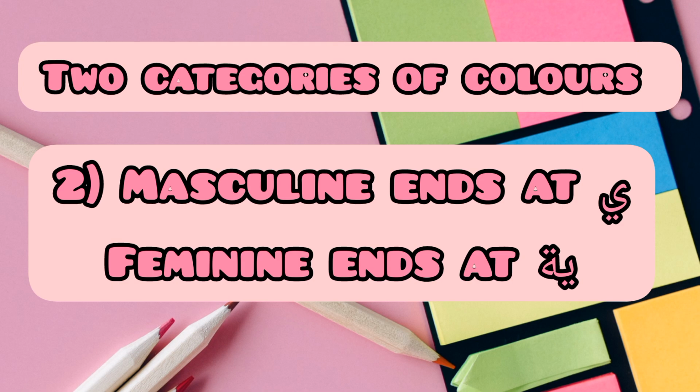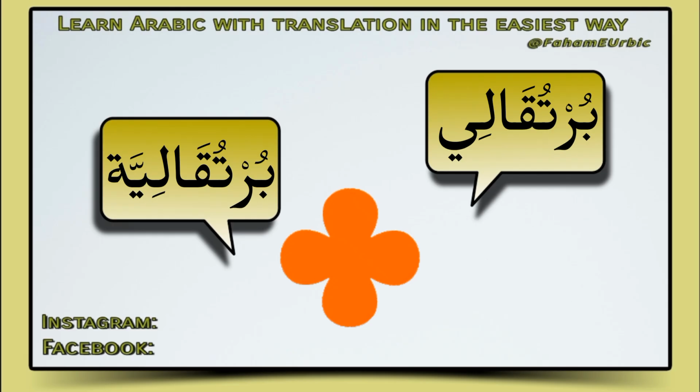Now we are going to learn the second category, in which we learn the masculine and feminine form of colors. In the second category, masculine color ends at ya, its feminine ends at ya and ta. The first example of second category is burtuqali,